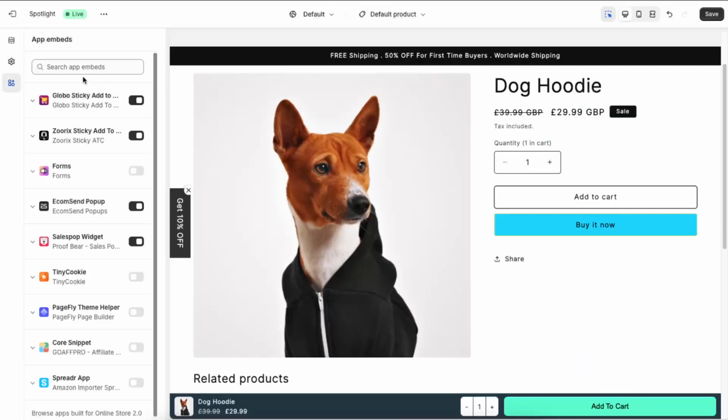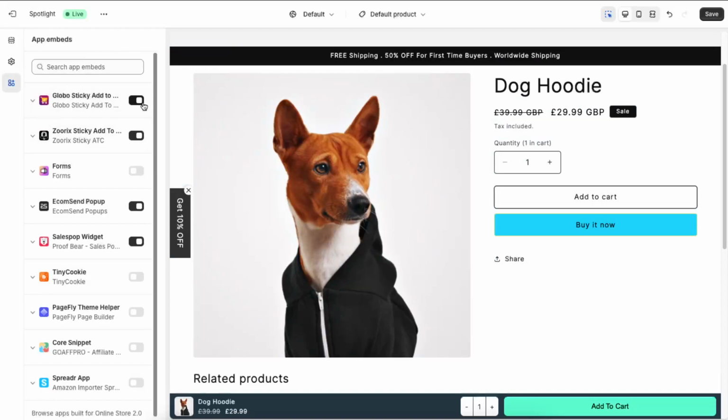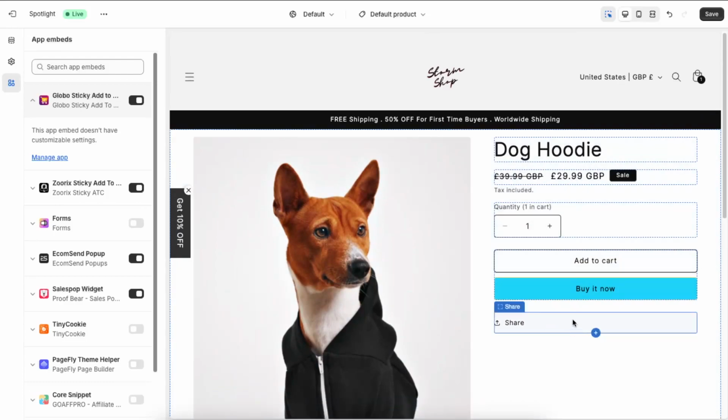Now, when you go back here on your customization on Shopify theme, you can enable Globo sticky add to cart. And as you can see, it is now at the bottom. You can manage the app in customizable settings right there and make it different than that. But basically, yeah, guys, there's